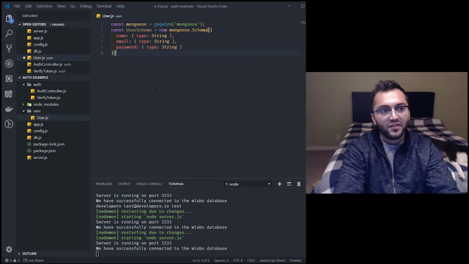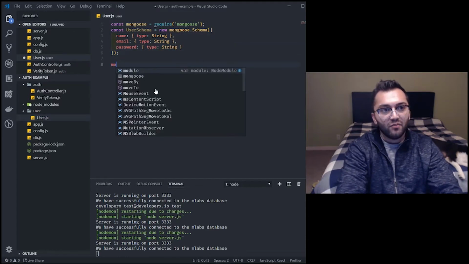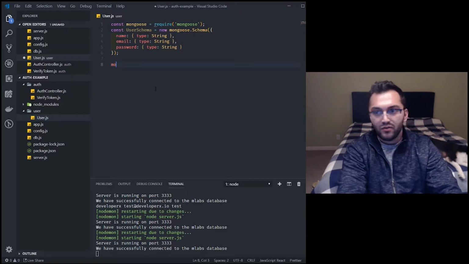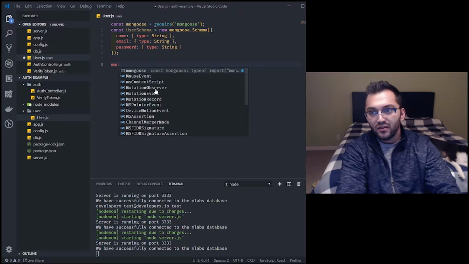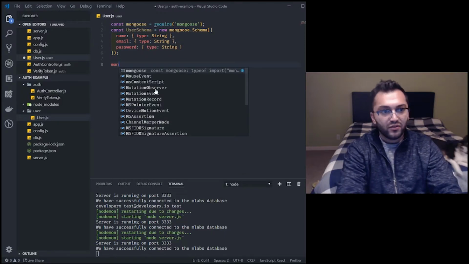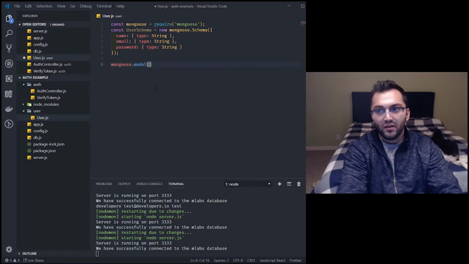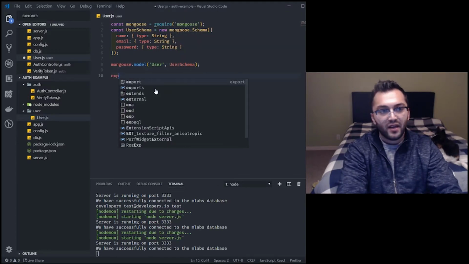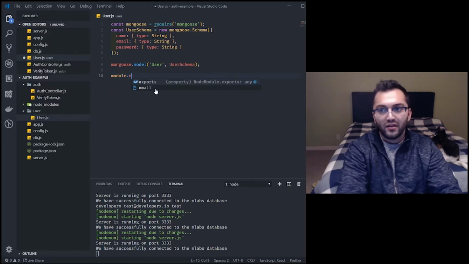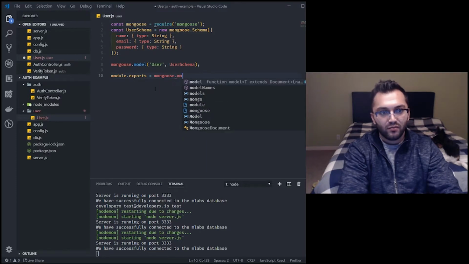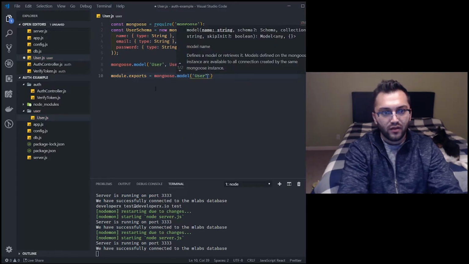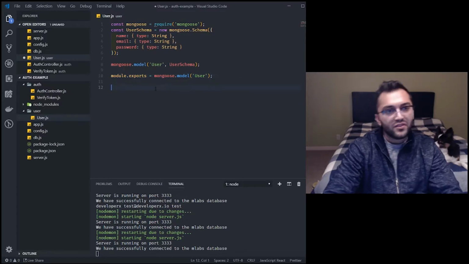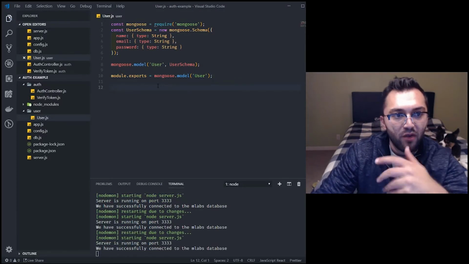Okay, now in order for this to work, I need to let it know that it's a mongoose model. So mongoose.model is equal to user, userSchema, and I need to pass that. I need module.exports that exports. It equals mongoose.model user. Okay. Cool, awesome. So now we got this quick little user model connected with Mongoose that we can use